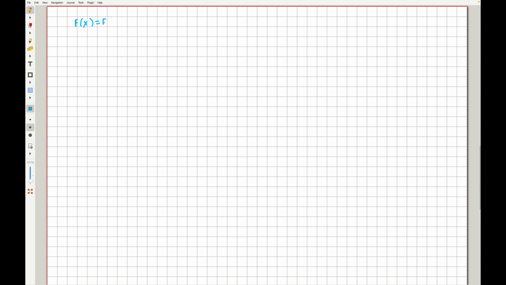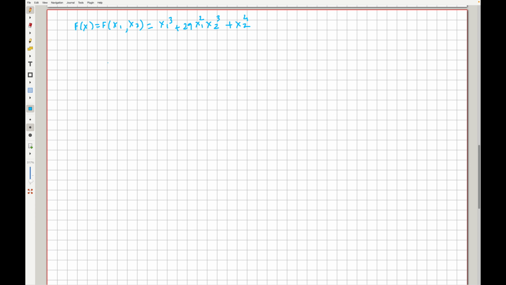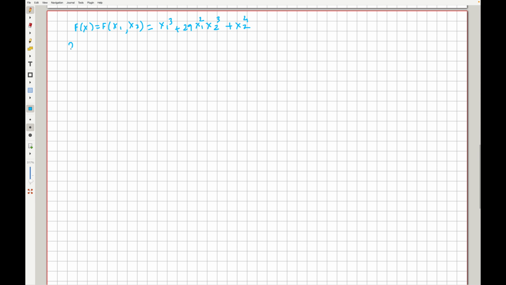So let's write it down here. f(x) is equal to f(x1, x2) is equal to x1 cubed plus 29 x1 squared x2 cubed plus x2 to the power 4. If we try and calculate the derivatives, we have the partial of f(x) with respect to x1, we get 3 x1 squared plus 58 x1 x2 cubed, then the partial with respect to x2 we get